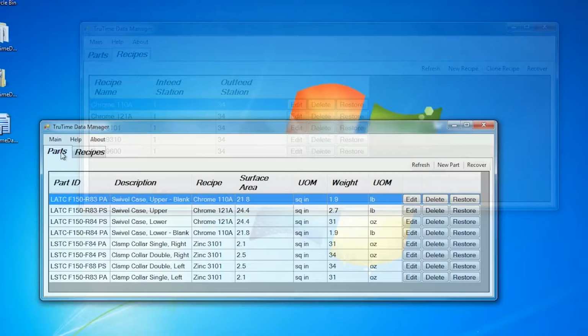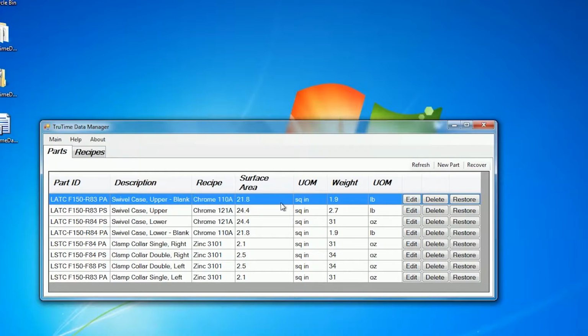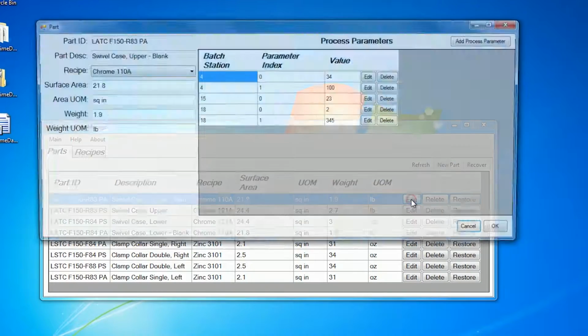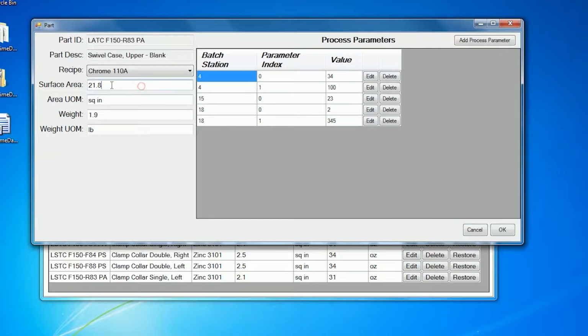The parts table holds identifying information about each part, along with surface area per part. It also specifies which recipe is called for. In addition, the parts table holds specific work instructions for each process tank. Examples are the selection of a rectifier curve or a signal to turn the tank agitation on when the part